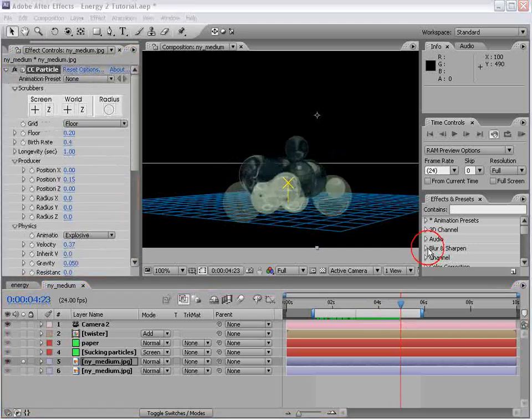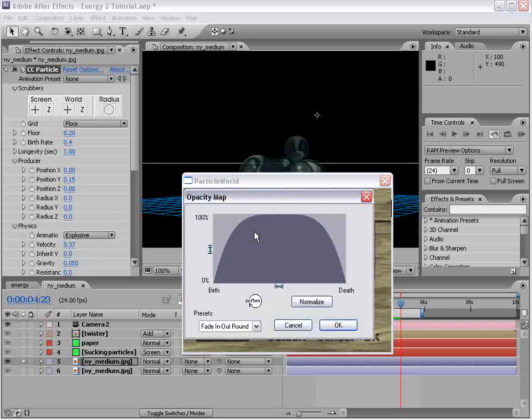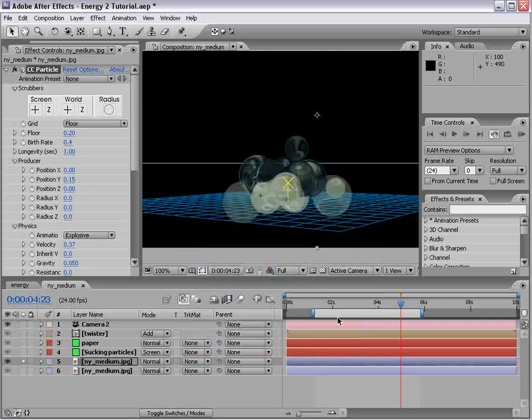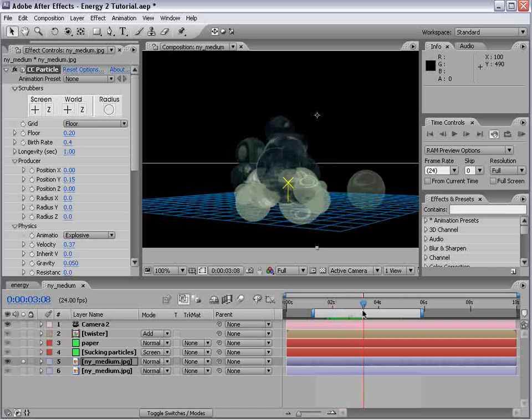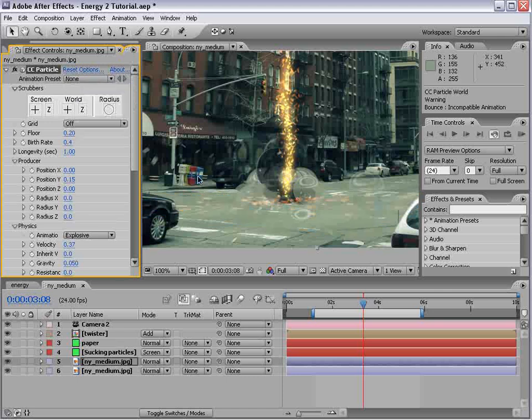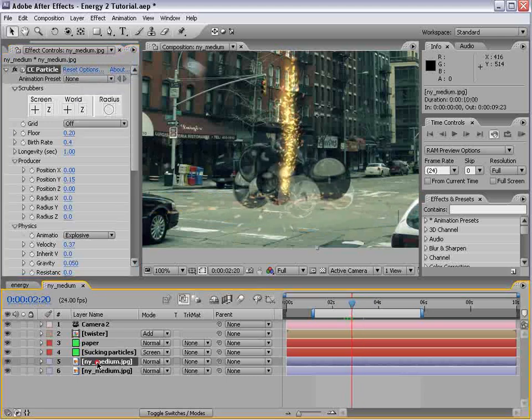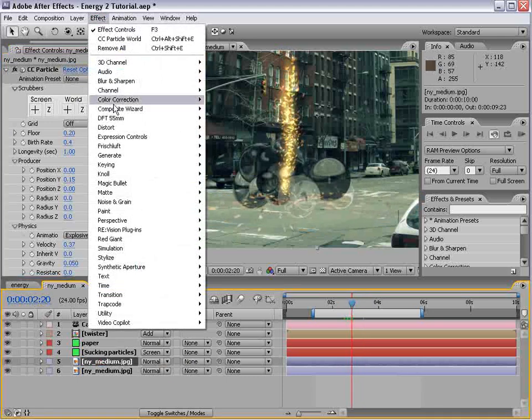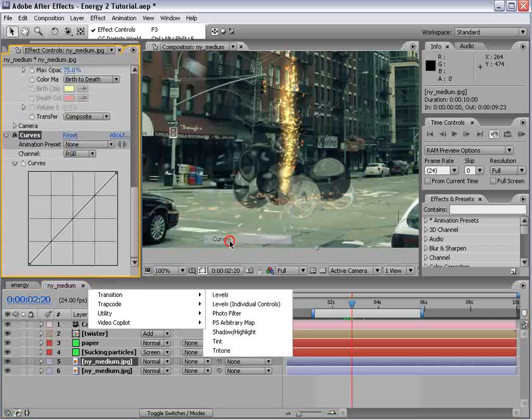And also in the options, there is an opacity map, which allows you to fade it in, fade it out. We want it to be fade in round, something where it's pretty smooth as the particles fade away. And we can turn that off, set it to off, and that way we don't see the grid. And then for the particles, I'm going to choose Effect, Color Correction, Curves,